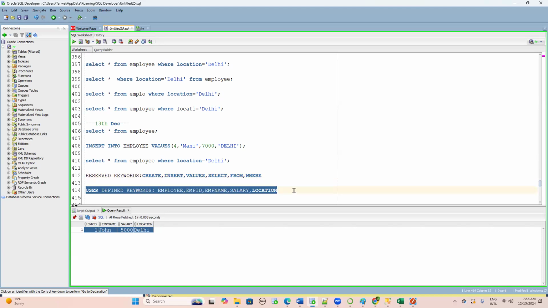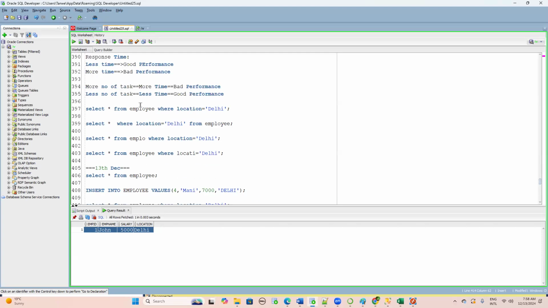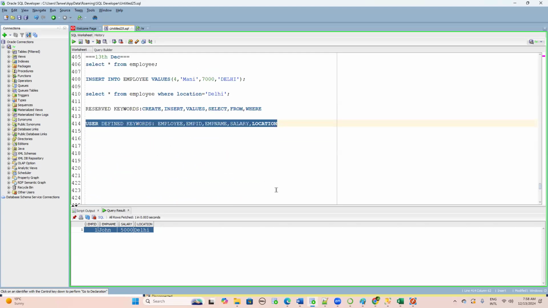Only in these two scenarios, you have full freedom. You write it in lowercase, uppercase, in whatever fashion you want. You will get the same output. An example I've shown you here, right? But